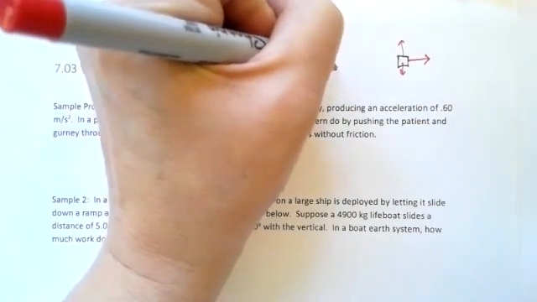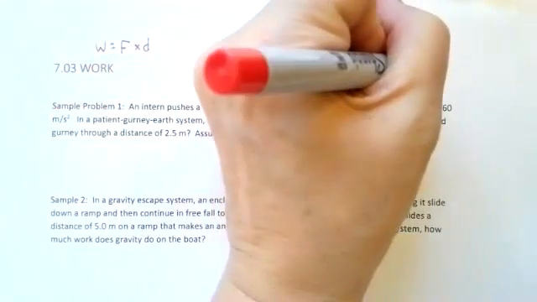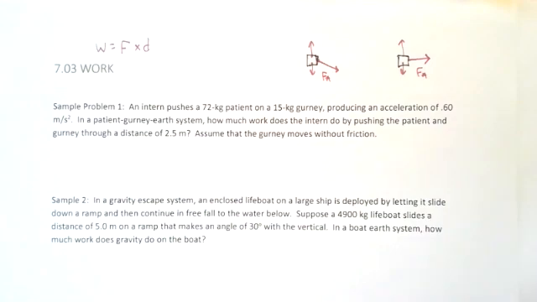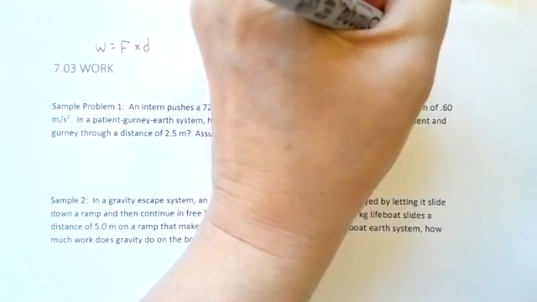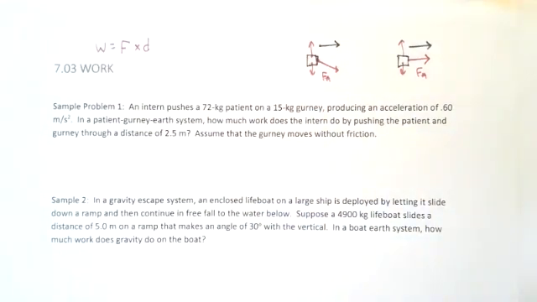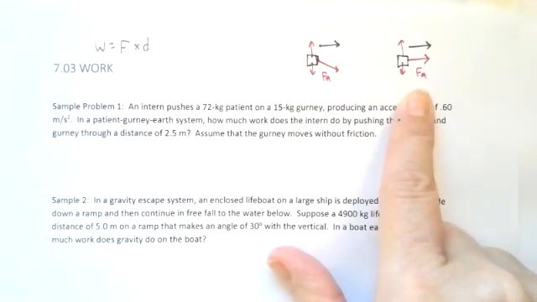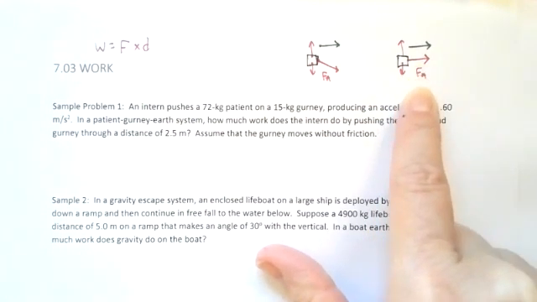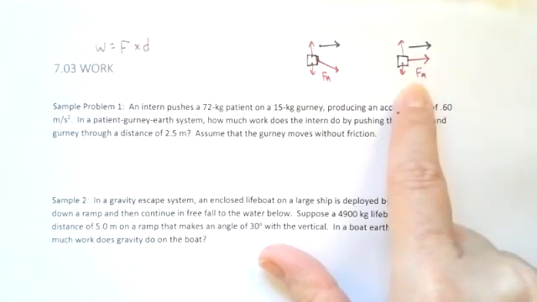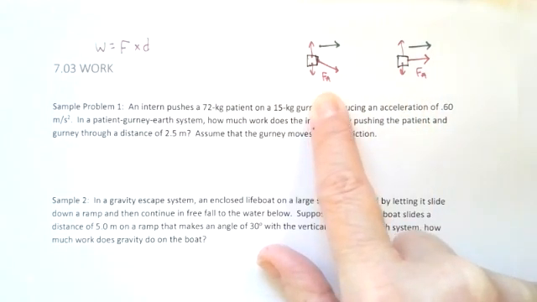So we've got the applied force. I have an applied force here, I have an applied force here, and my motion vector is here. So we define work as force that moves an object over a distance. In this case, if I look at this example, let's say I go for a motion of 2 meters. This force times 2 meters would give me my work. But if you look at this example,